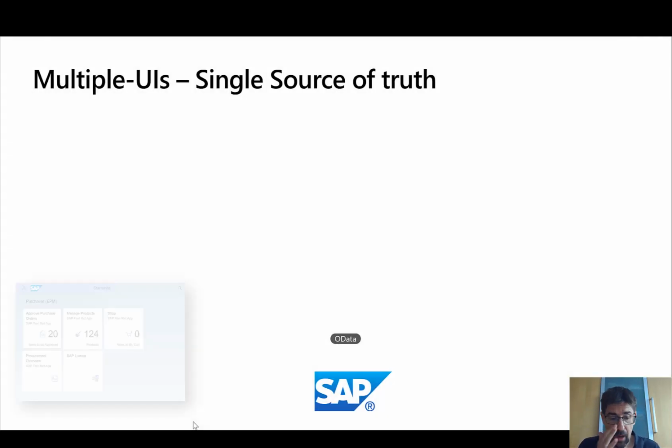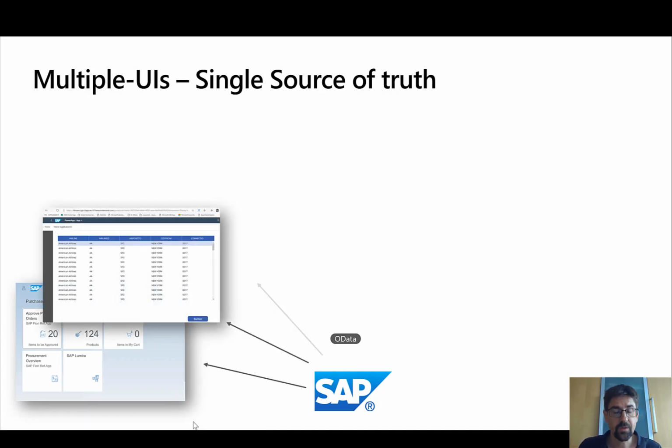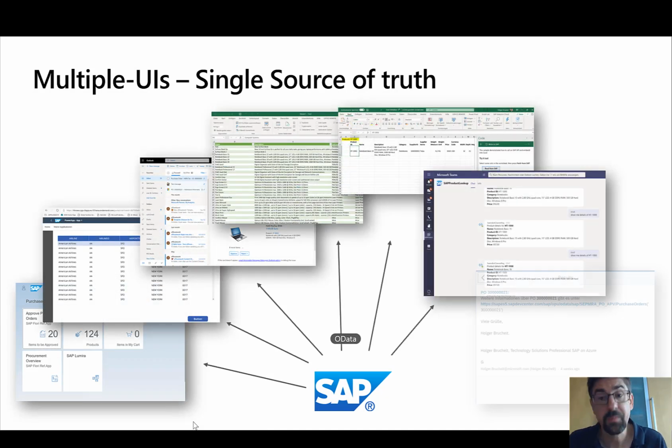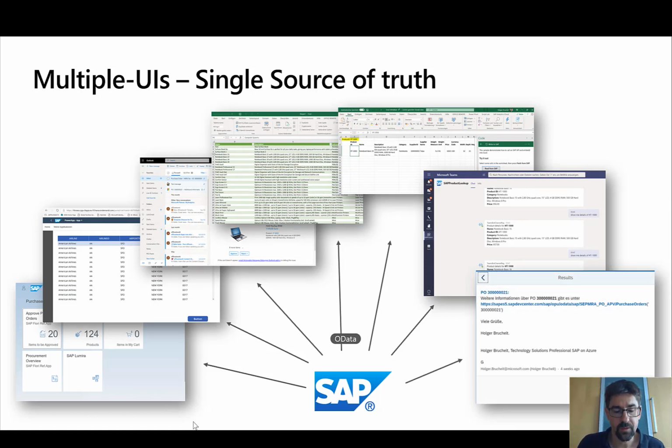So I obviously want to start with SAP Fiori. I think what SAP is doing there with SAP Fiori is really, really beautiful. And Fiori has evolved to a really beautiful user interface.